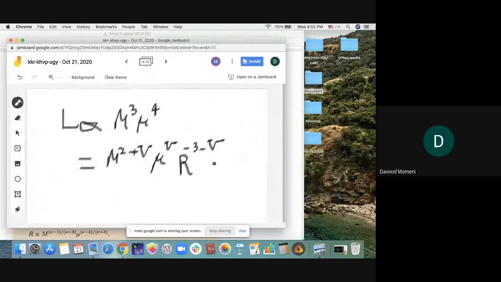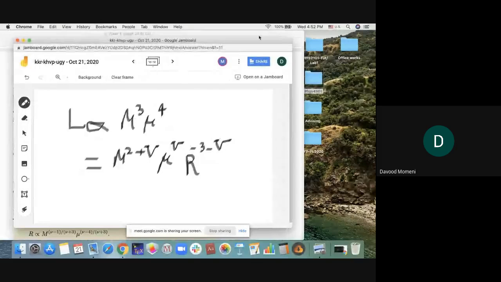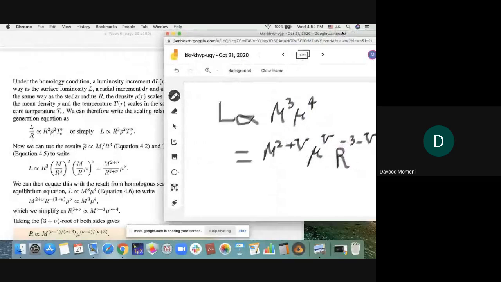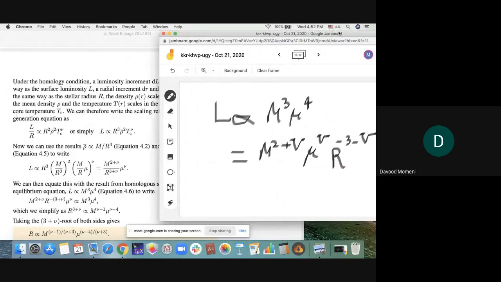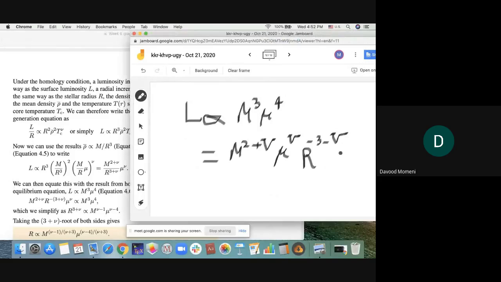I want you to find for me here the possible V. From here you can find R. So find the R from this equation. If you find R from this equation, R will be proportional to the power -1 over